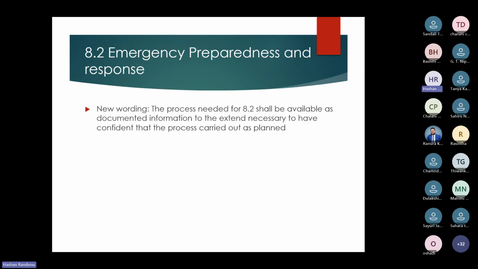In clause number 6.1.2, you identified potential emergencies and you identified environmental aspects from those potential emergencies. And then you determined actions to address those significant environmental aspects. And then in clause number 8.2, we talk about emergency preparedness and response, right? When we audit or when we do consultation for organizations,